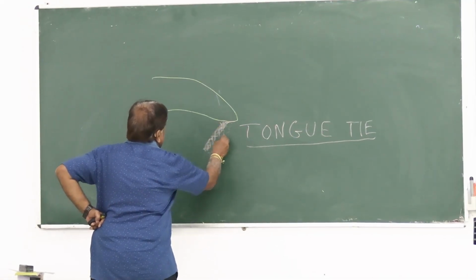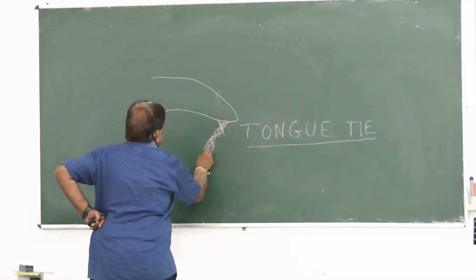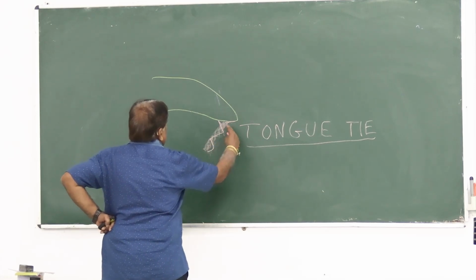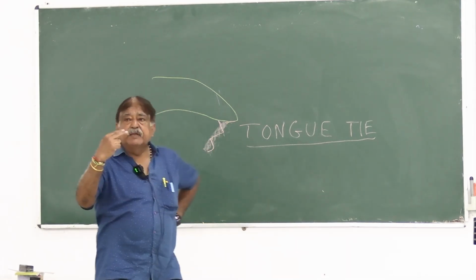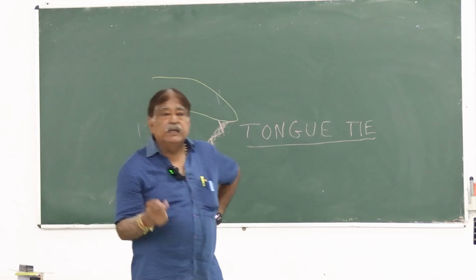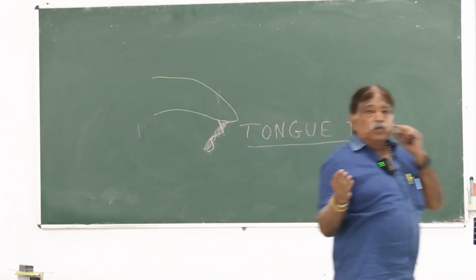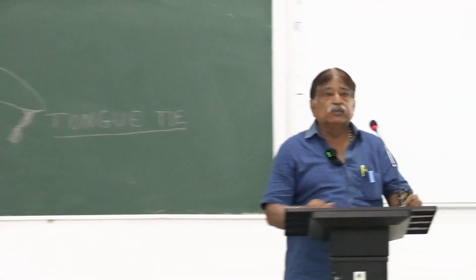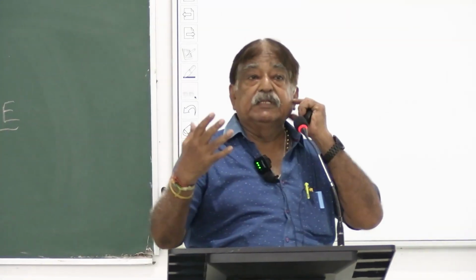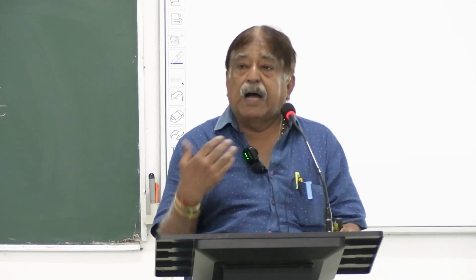Now, usually we do use Z-plasty, or if it is a small tongue tie, you can snip, and then if the child is 3 years old or 4 years old, you try to give him speech therapy. Speech therapy in the sense, the mother will ask the child to protrude the tongue